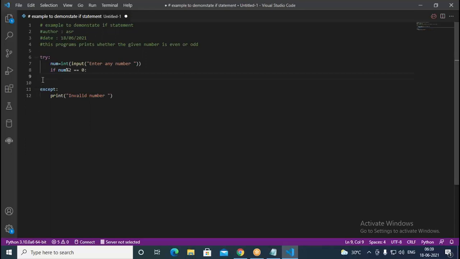In the try block, we need to move by some 6 spaces here, to the right side, and in this we are inputting a number. After that, we go with a condition. Here the if condition we use. If num percent 2 is 0, then it has to print the number as even, else it has to print